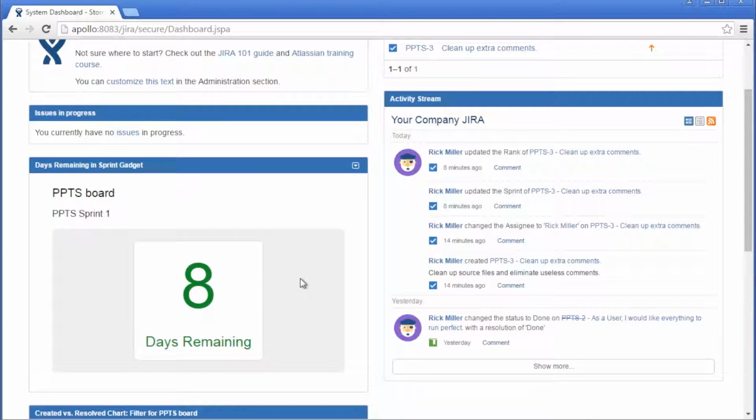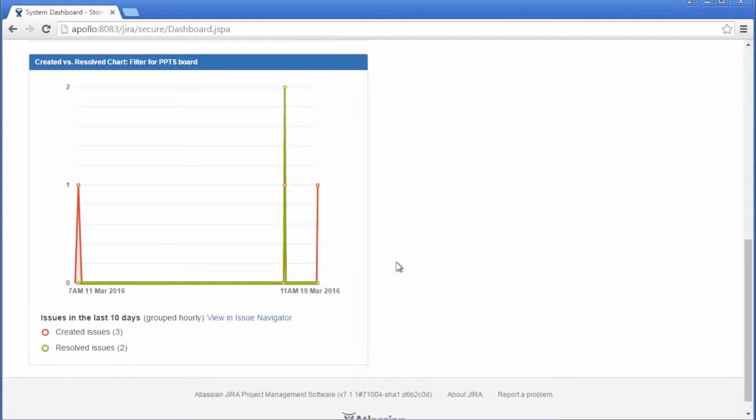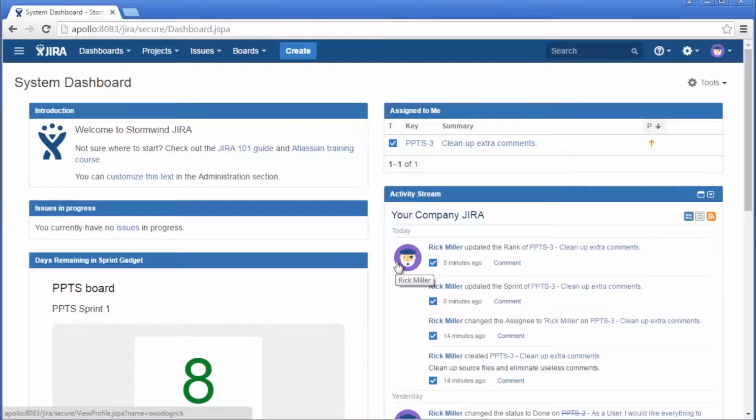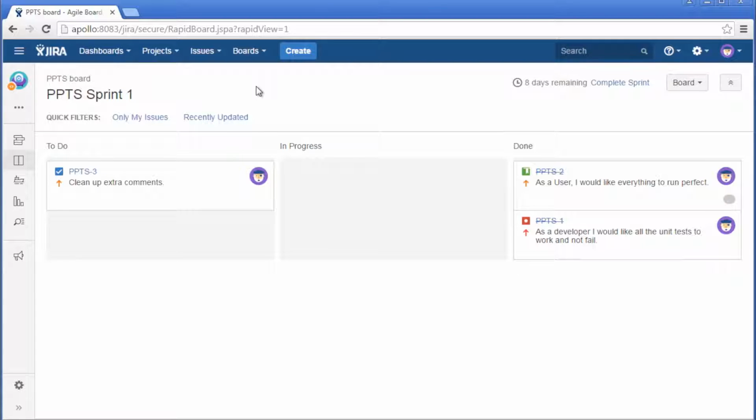And we can get an overview of the sprint as it's running. We can see how many issues have been created versus how many have been resolved. So all kinds of stats, right? So it's real nice. Now I'm going to go to the PPTs board, which is the project-specific board, and I